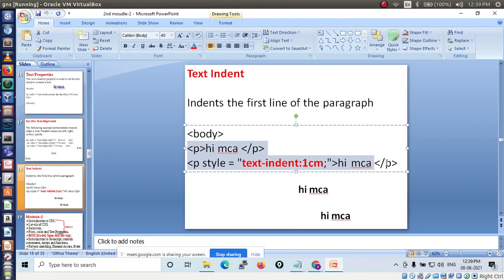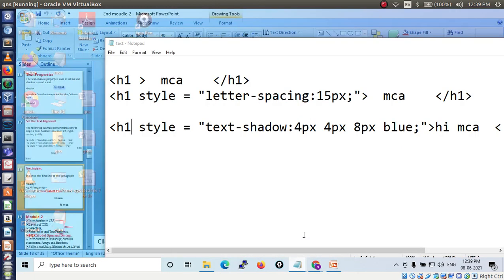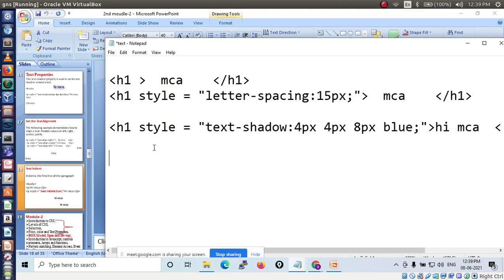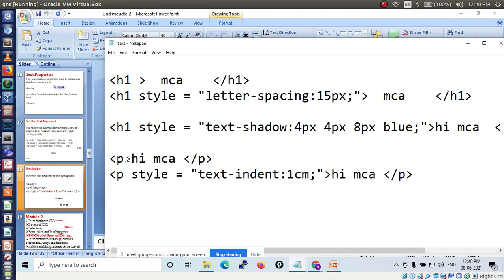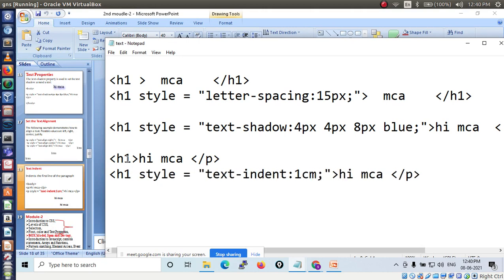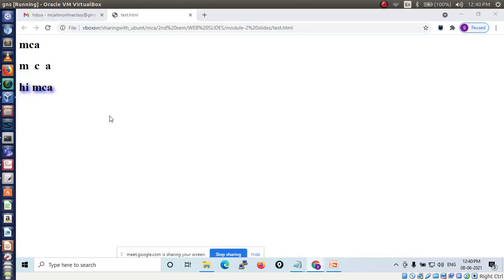See, here I will use H1. Here I will use H1. Now execute this. See the difference between normal text and text indent.